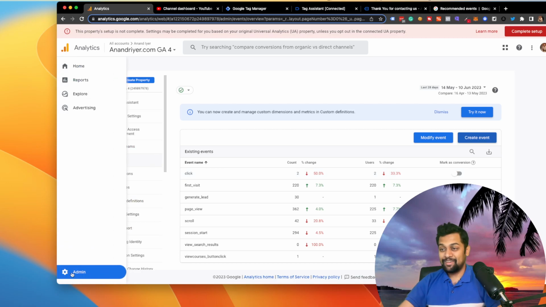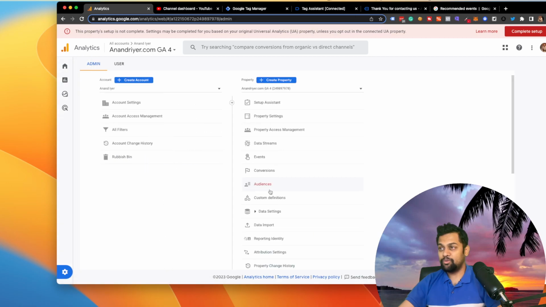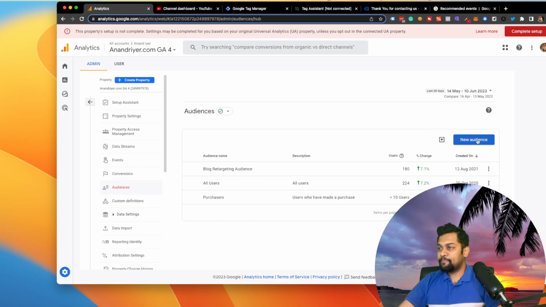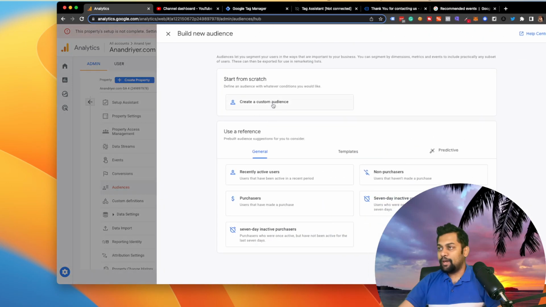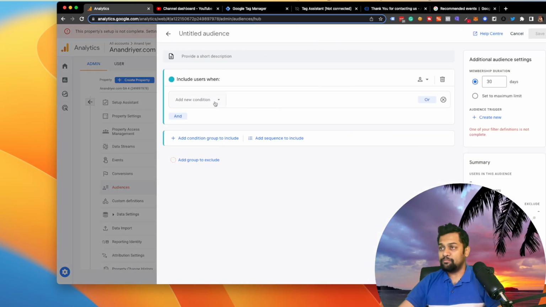Now, the final way to create a conversion and track it in GA4 is through your audiences section. Now I know that's pretty new, right? So if you go to your admin section, click on audiences, click on new, and I'm going to create a new custom audience. And basically I'm going to say